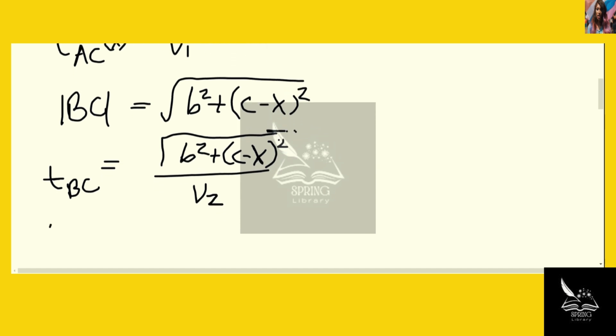Once again, I'll find the derivative, t prime BC of x. This is 1 over v2 times negative x minus c, or sorry, negative